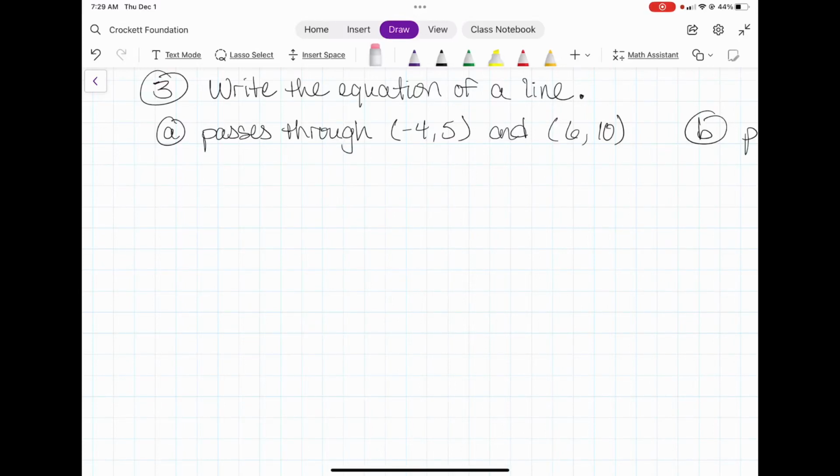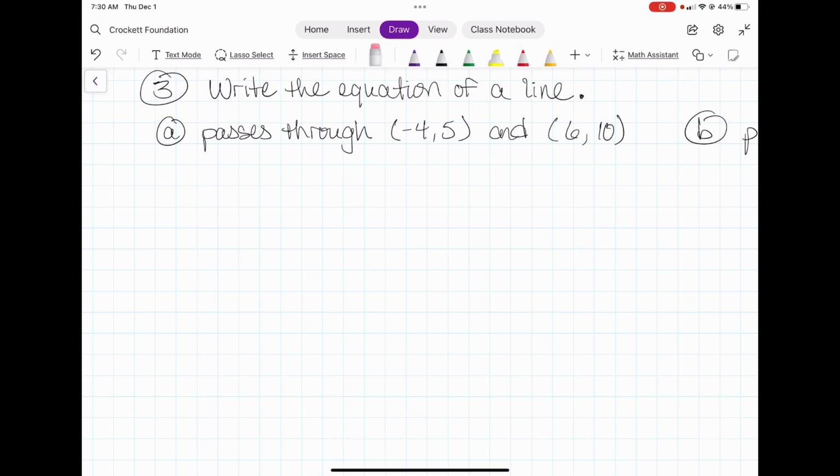Today we're going to do a lesson on writing the equation of a line given 2 points. Whenever you write the equation of a line, there's two things you always need to know. You need to know the slope and you need to know the y-intercept. As long as you have those two things, you can write the equation of a line in slope-intercept form. And from there, you could also rewrite it to put it in standard form, but we're just going to